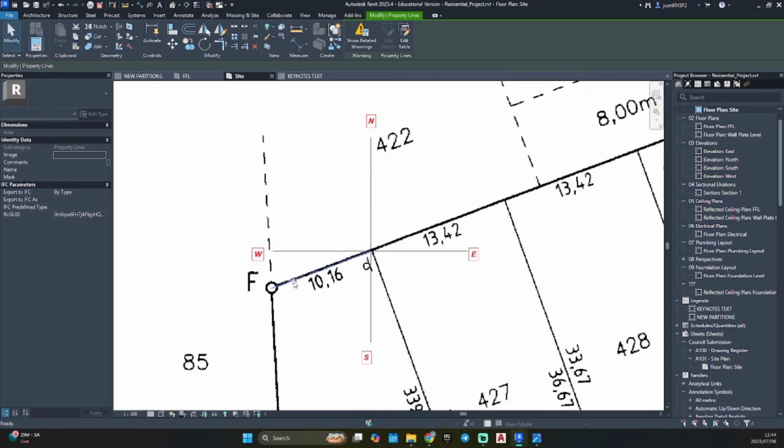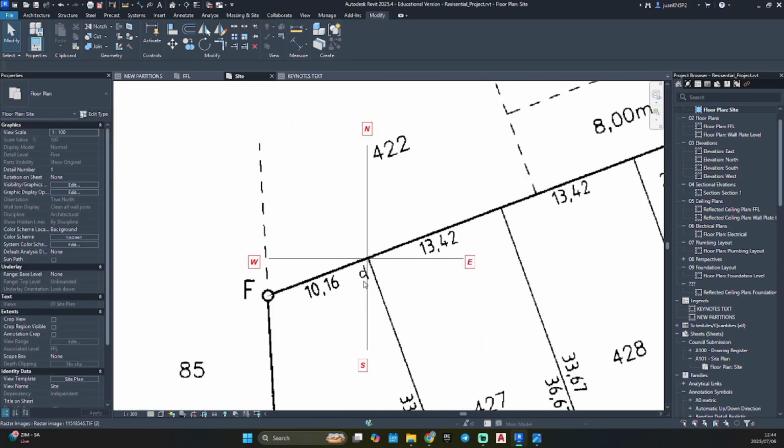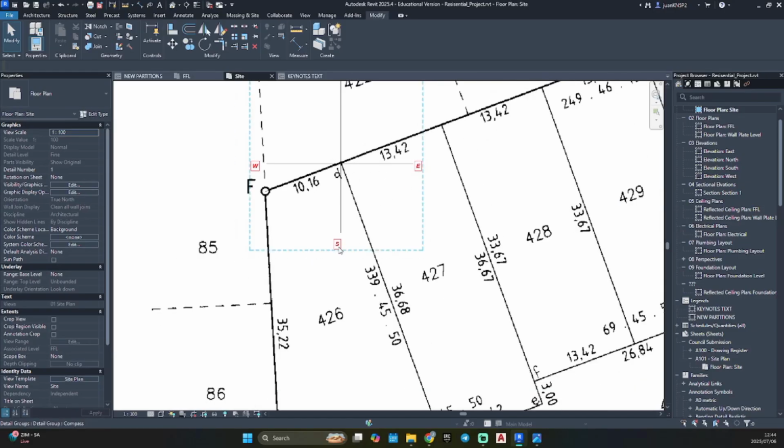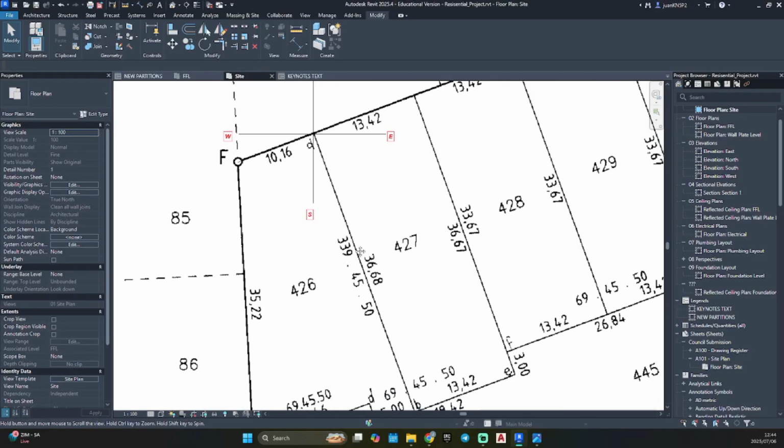There's our line still. So now we know the next line is on east and south, so from our compass, and our line is 339, 45, 50.